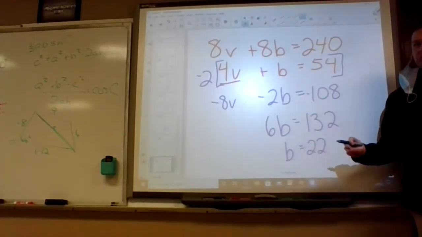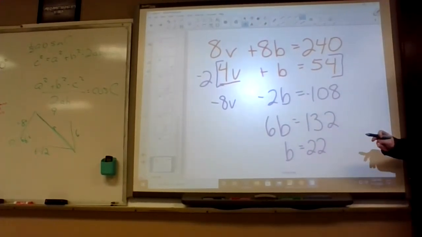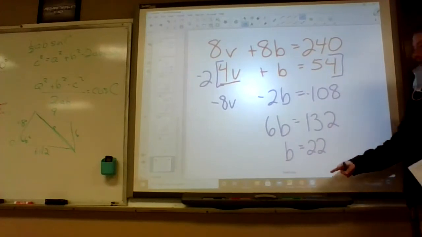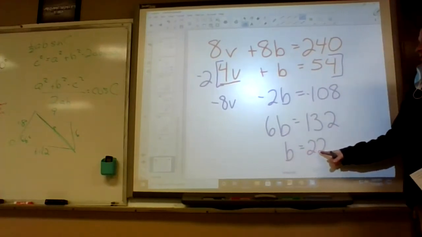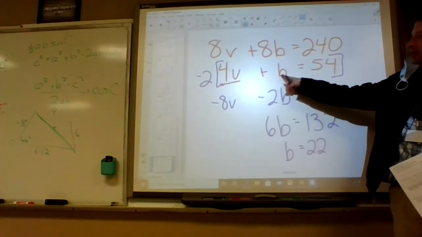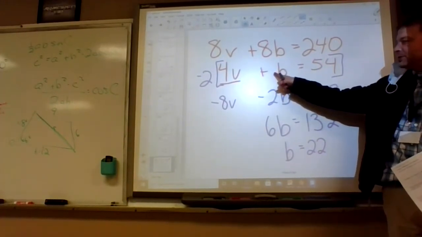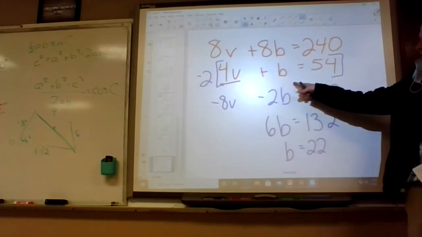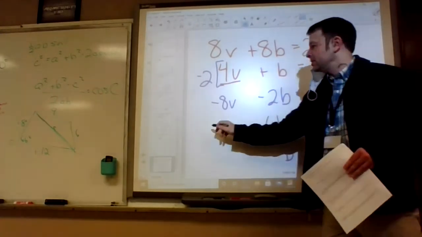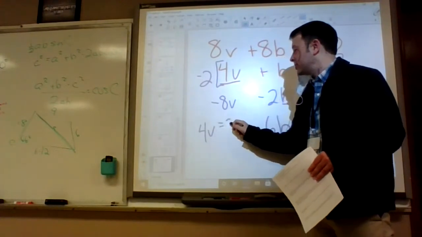So what does B equal 22 mean? How many students could fit in a bus? They put 22 students in a bus. Doesn't seem like that much for a bus. Anyway, what do we do now? Well, you plug the 22 right there, that looks like an easy spot. That's a 22, so you can subtract. So 22, and that's 32. 8. So 4V equals 32,